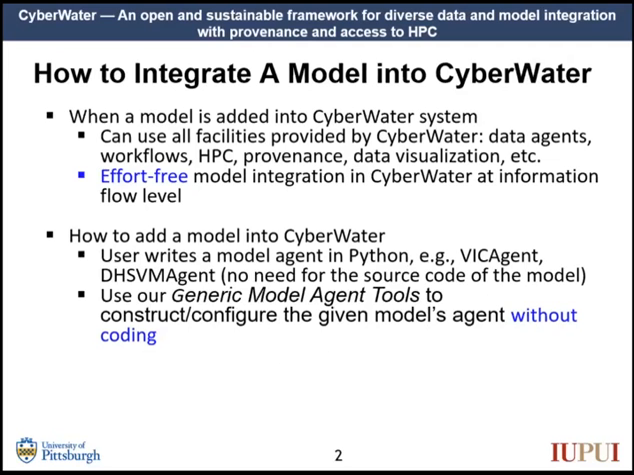So first of all, the CyberWater is a modeling framework system. So the idea is that you can integrate different models from different areas and domains easily with each other. And the way to do that is to add your model, whatever your model is, into the CyberWater system. Okay, so by doing that, you can, first of all, get a lot of,